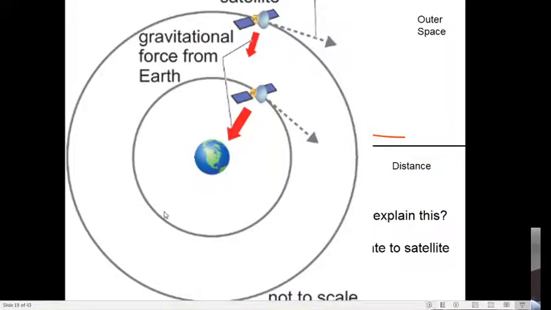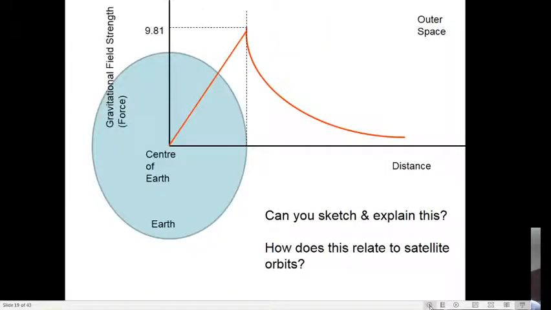and we actually then look at this diagram from the centre of the Earth. So we've got the same diagram here with the Earth's centre. We've got a satellite in a near orbit with a big arrow pointing towards the surface of the Earth, and a satellite in a further away orbit with a smaller arrow pulling it towards the Earth. And as we can see here, as hopefully we saw on this graph and